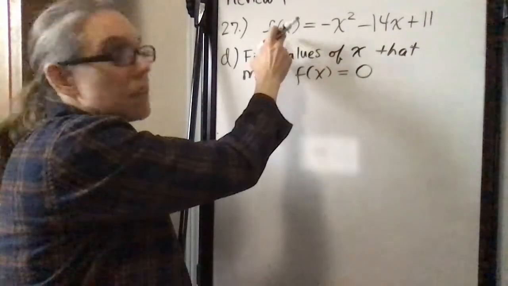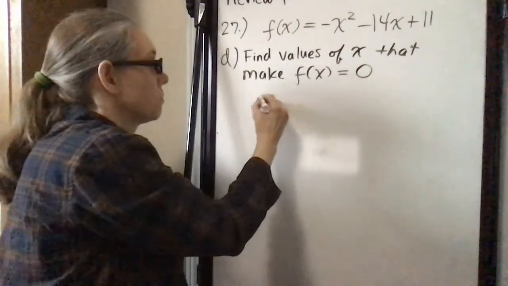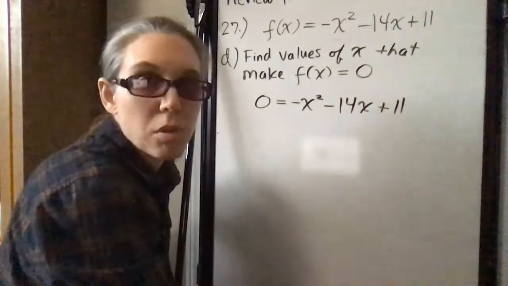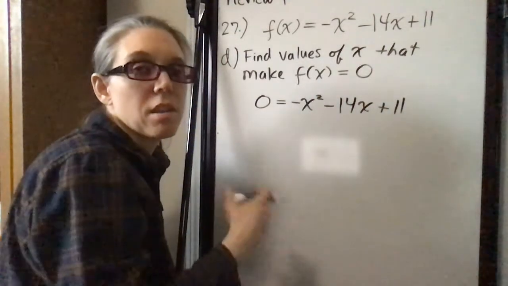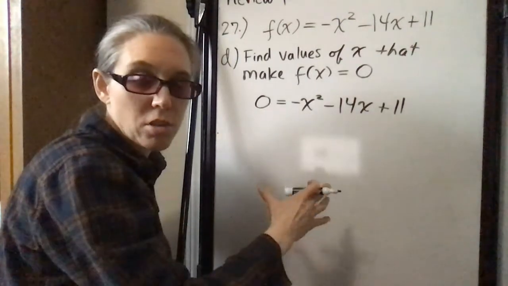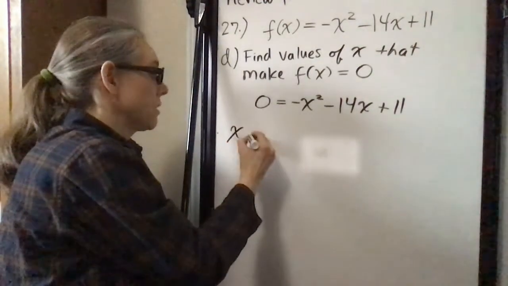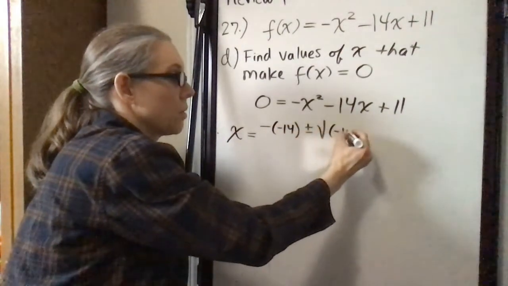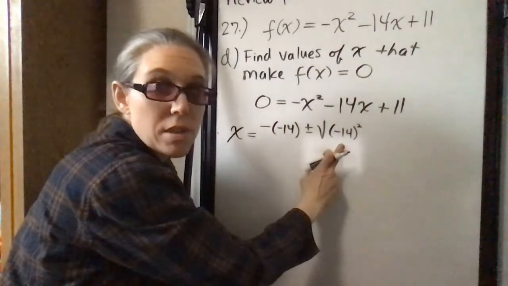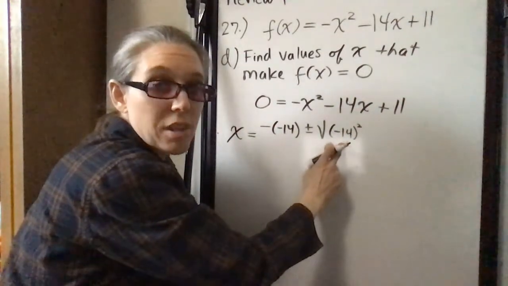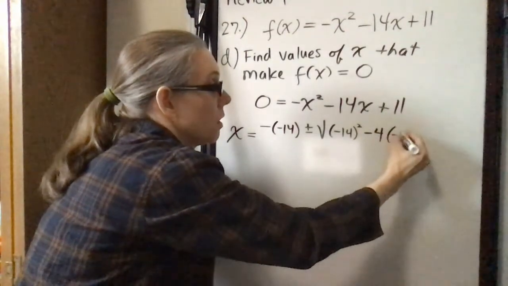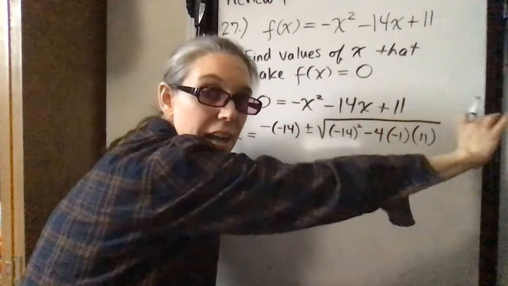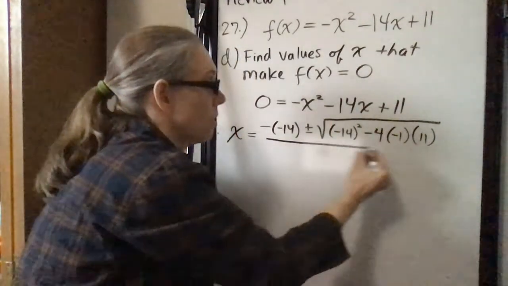So you just replace f of x with 0, and you're left with a quadratic formula problem. So this is where you're going to show me how to use the quadratic formula in your work. So x is equal to negative b plus or minus the square root of b squared. Make sure you have parentheses here if you have a negative number. Minus 4ac. This radical needs to cover the entire expression here, all over